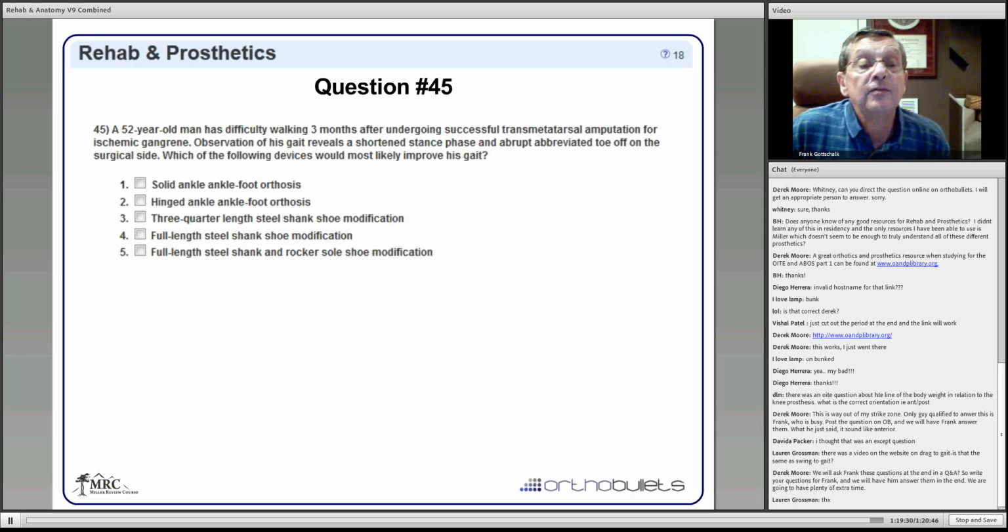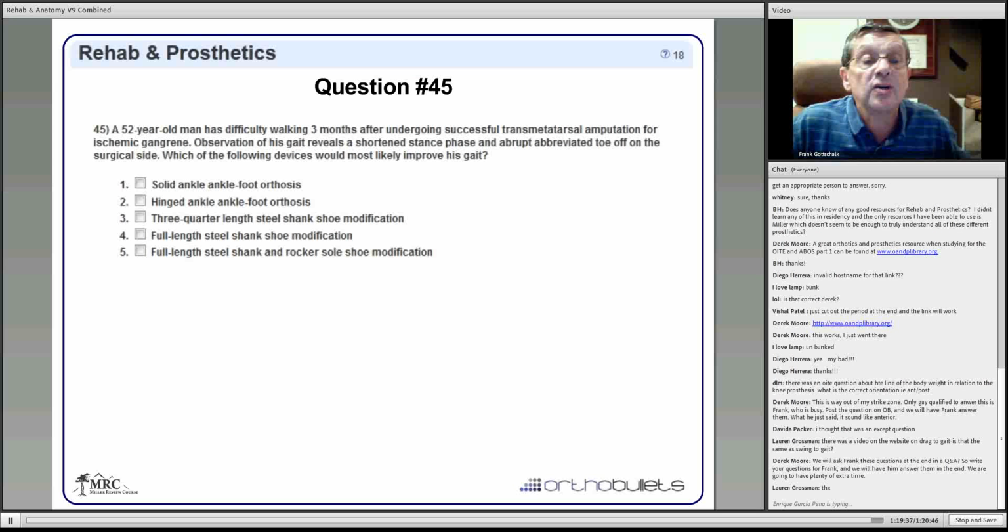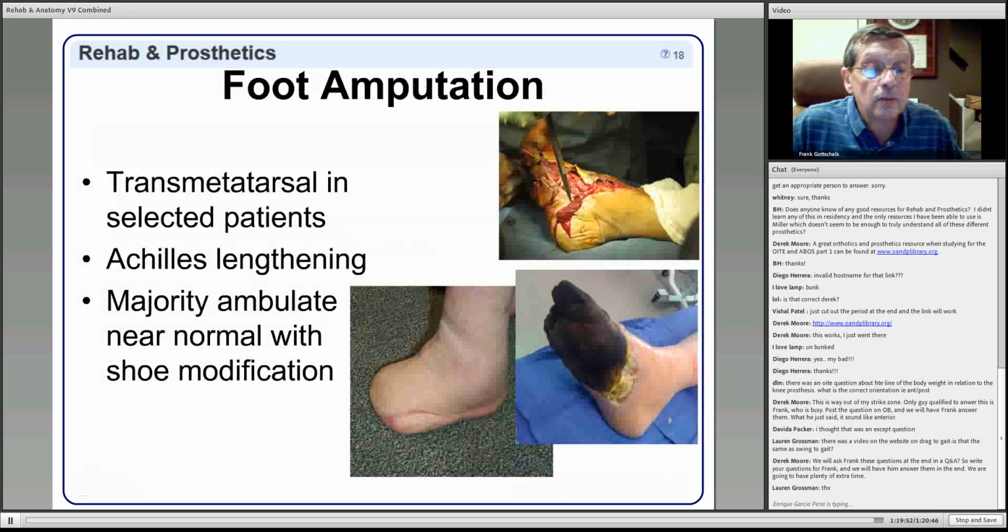A 52-year-old man has difficulty walking 3 months after undergoing successful transmetatarsal amputation for ischemic gangrene. Observation of his gait reveals a shortened stance phase and abrupt abbreviated toe-off on the surgical side. Which of the following devices would most likely improve his gait? So if we look at what we see here,